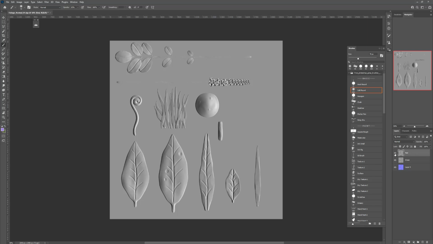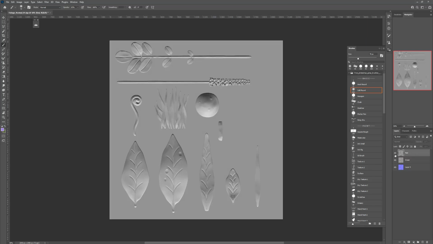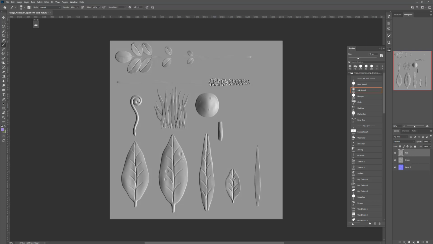Okay, so we're basically going to be combining both of these maps to get the edges, because you can see how we have sort of this black line on all of this. We have this white line here, so we've got to utilize these maps in order to try to get a curvature map out of them. So we're going to go to Filter,